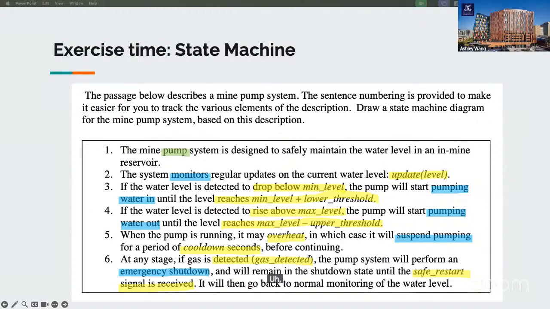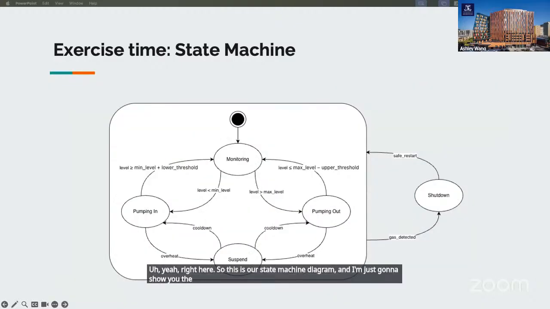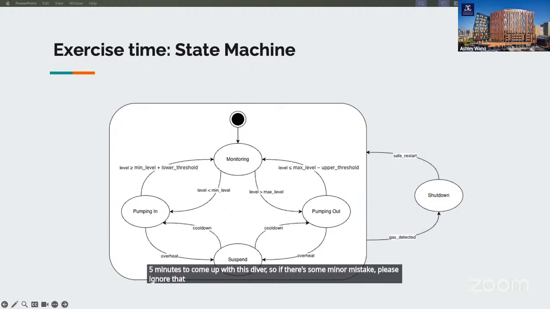Yeah, right here. So this is our state machine diagram. I'm just gonna show you the sample answer I came up with. But I only took about 5 minutes to come up with this diagram, so if there's some minor mistake, please ignore that, because I don't really have much time. But this is the diagram I came up with.